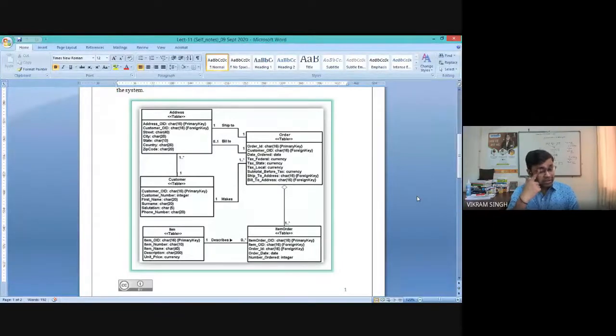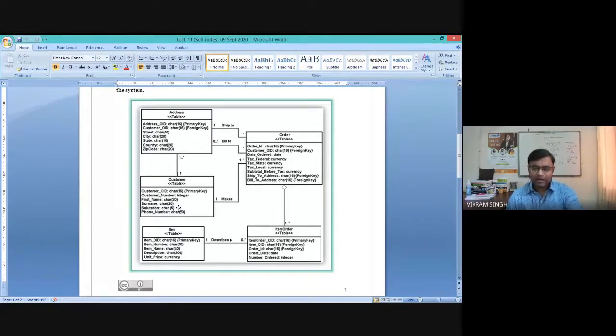Here also you can see we have these 5 entities, and these 5 entities are referred to as tables actually. The example we are taking is again mapped from an ERD. So the diagram on the screen could be a transformed form of some ERD, right?